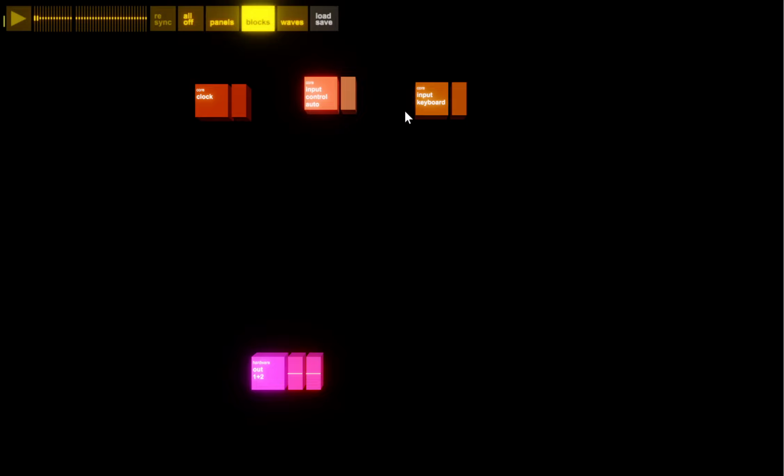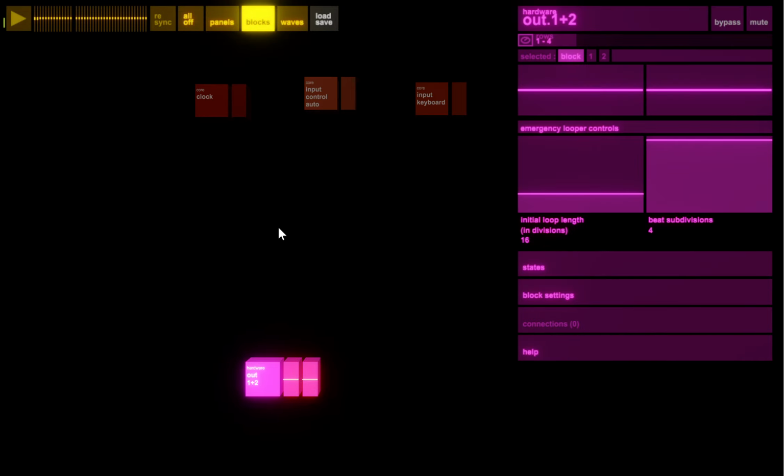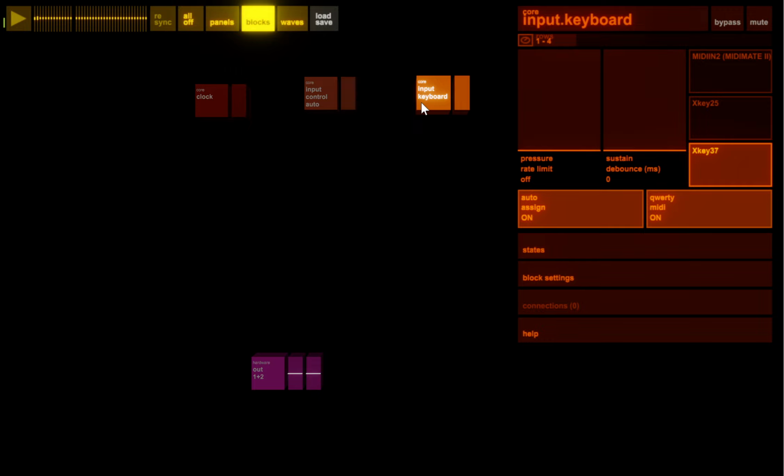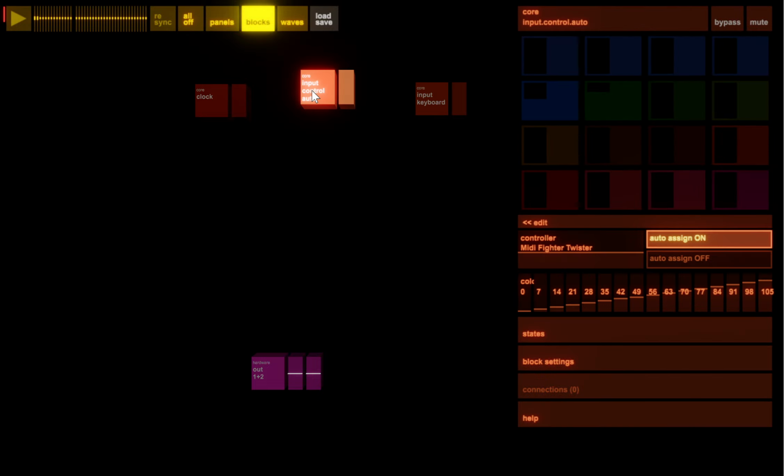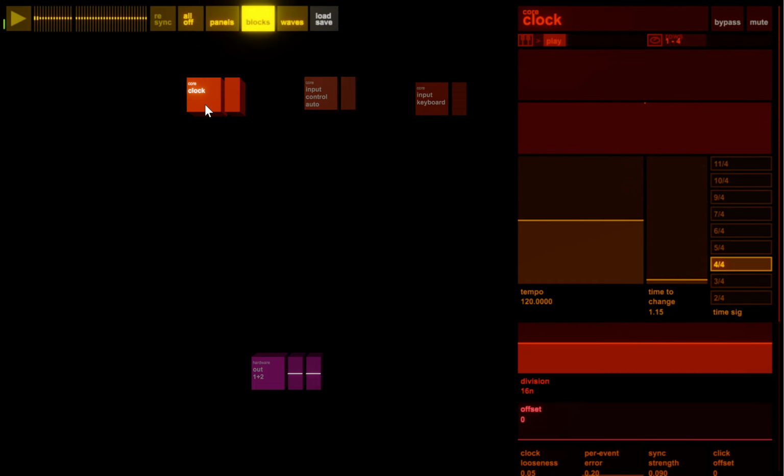So when it loads up, you've got a block that's your hardware outputs, your main outputs. I've got my MIDI keyboard that comes out of this block, and I'll show you. When I play the keyboard, you can see this meter on the block itself showing you the highest and lowest notes and velocities that are happening in that frame of video. The same for my MIDI controller that I have attached. That comes out of a block. If I had 2 MIDI controllers, I would add another block that would be the other MIDI controller.